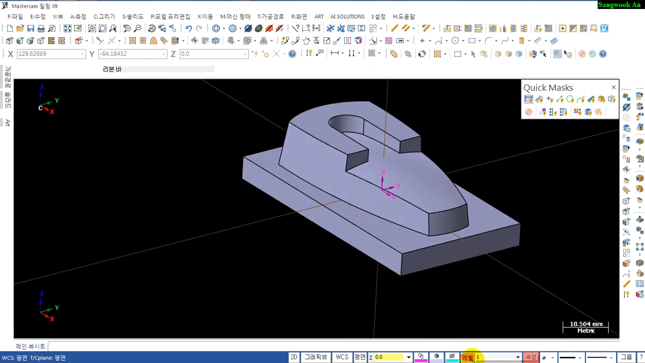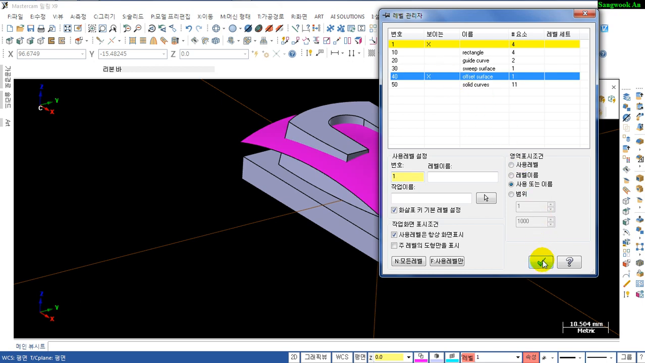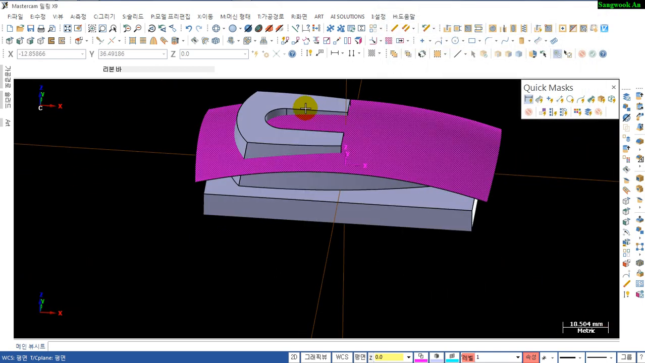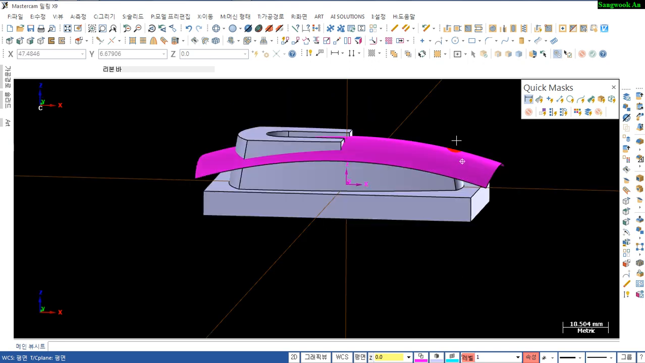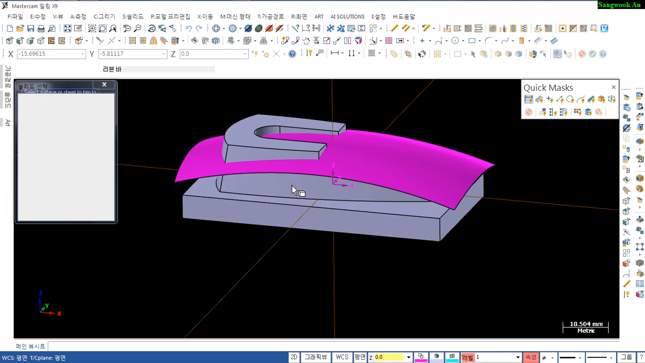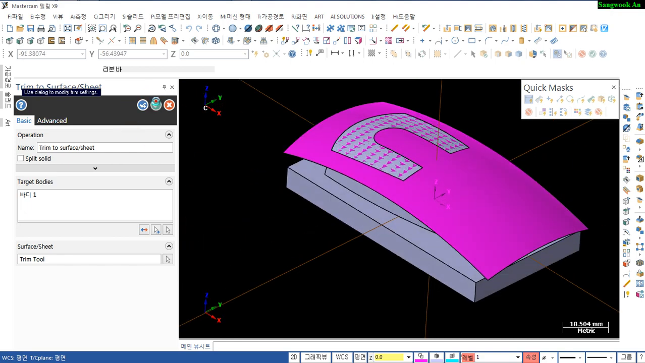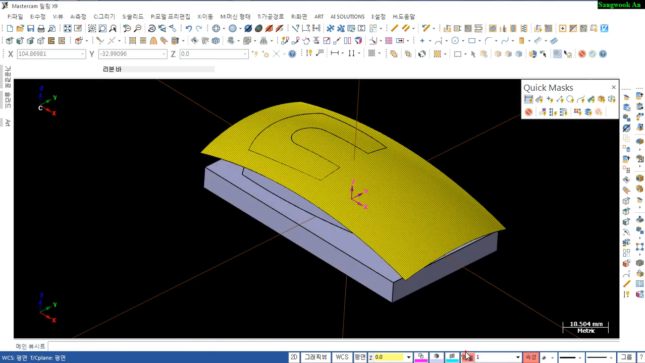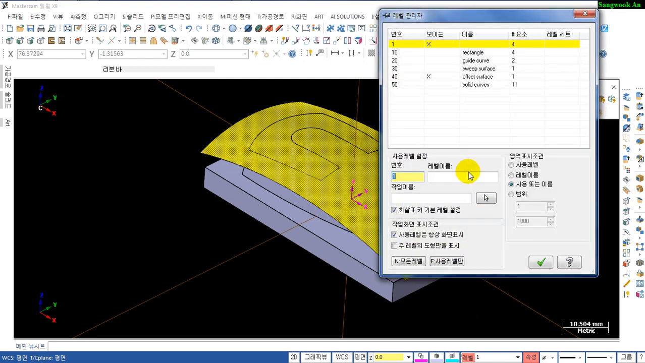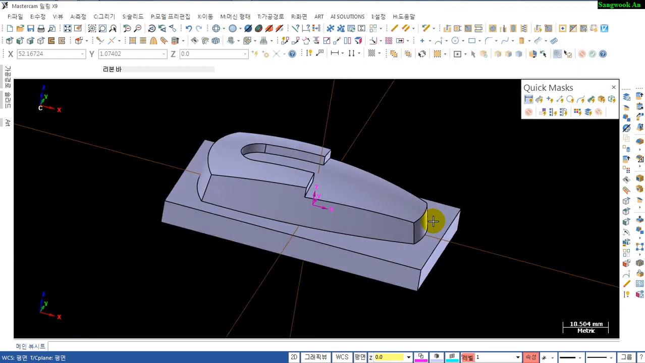You almost finished, and visible offset surface, and the upper side will be cut by this offset surface. Enter. Yes, done. Invisible, level manager, invisible. Okay,